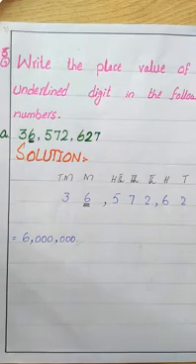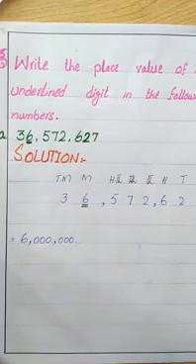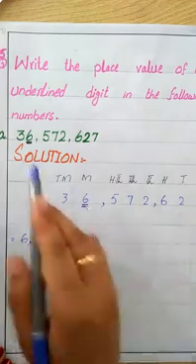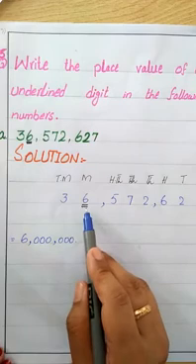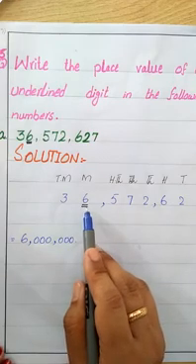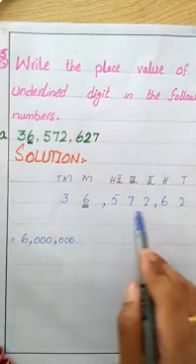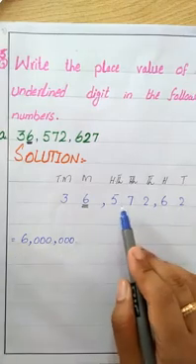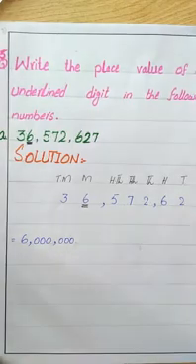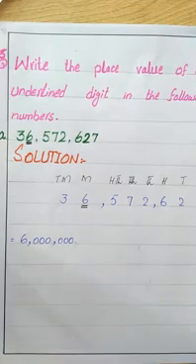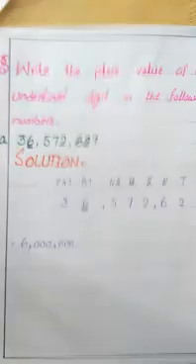Question number 5 is: write the place value of underlined digit. Underlined digit means in the question we have one digit underlined. आपने just underline number की digit की placement बतानी है. Same process, mention the place values, write down the numbers below the place values and underline the digit which is given in the question. There is 6, so we underline the 6 and mention the 6. Mention the remaining numbers ज़ीरोस, जो भी बाकी जितने नंबर्स हैं उनको ज़ीरोस में पुट कर लेंगे.